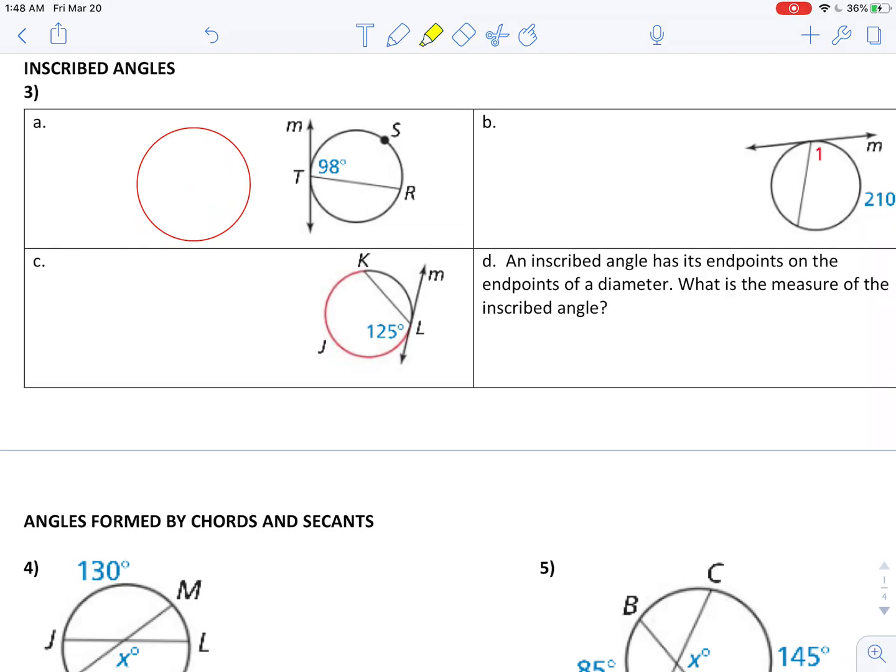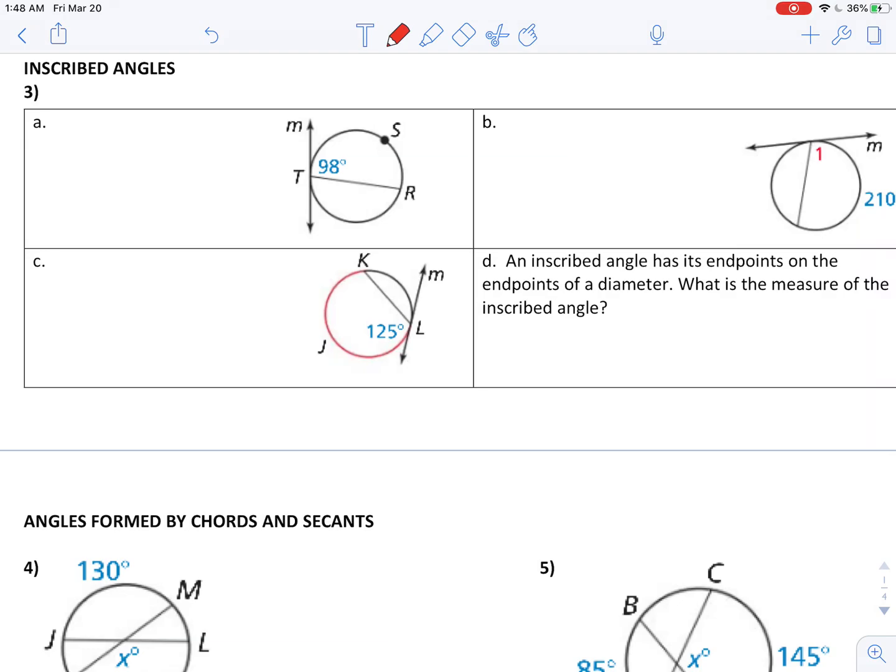But what happens is I give that twice the distance, as I allow twice the space for this angle to open up here. What does that do to the arc? Well, it doubles it. So 98, I've got to double 98 to get that arc that it intercepts, since it's